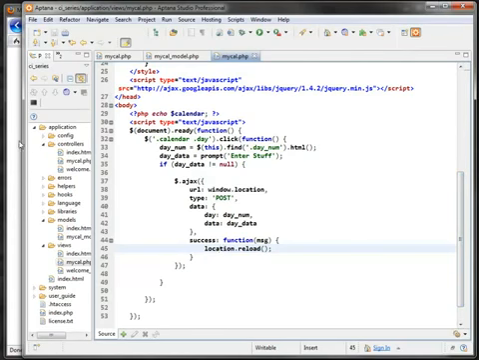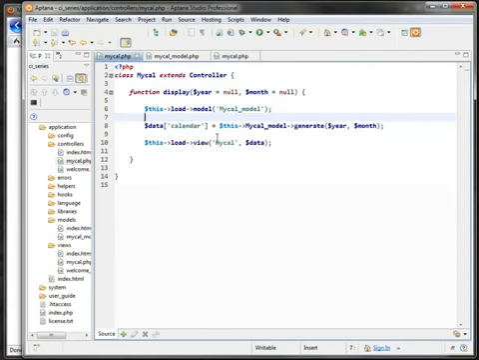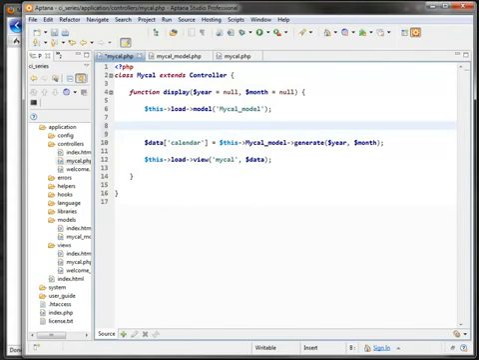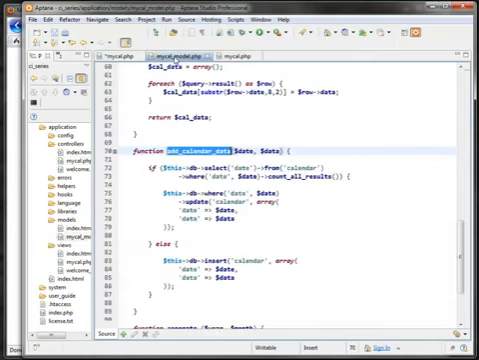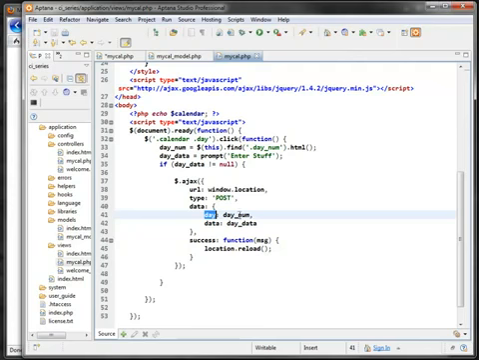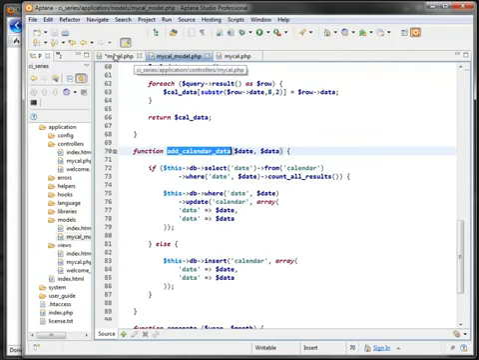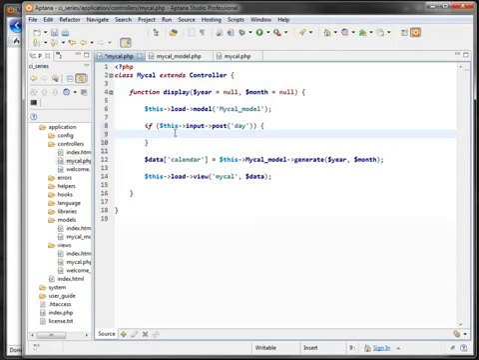So we can just go ahead and go to the controller, and right here we can check to see if there's any posts coming in. Input post, and it was called day, I believe. So if there's a, yes, it's passed as day. If this is here,